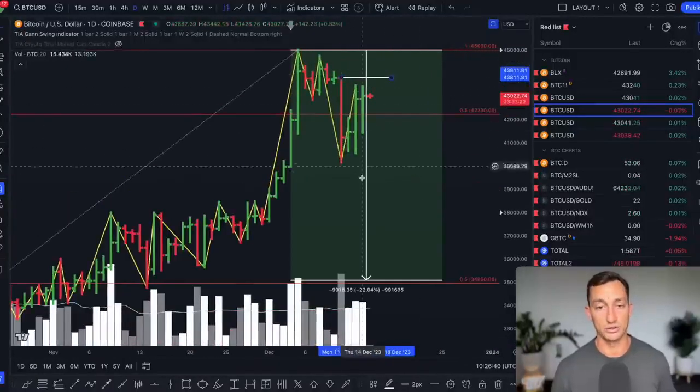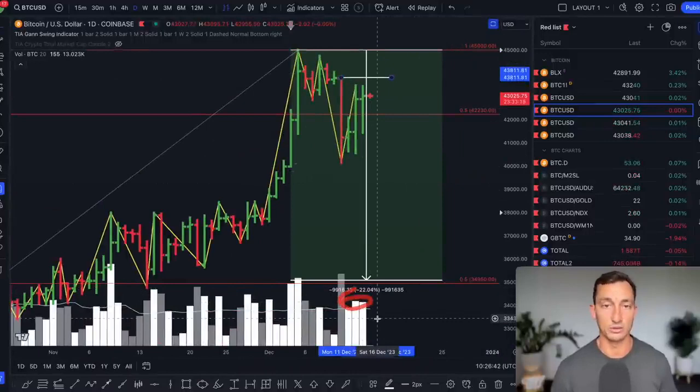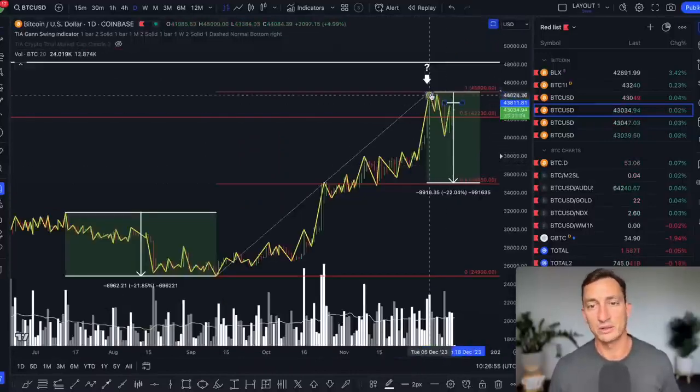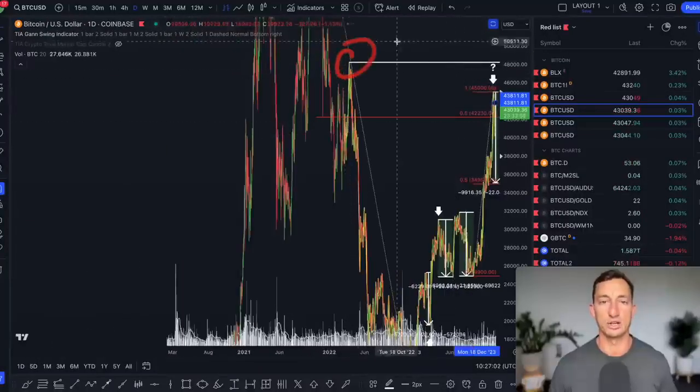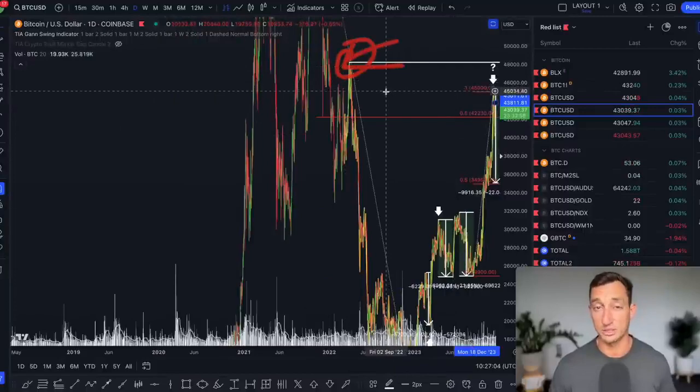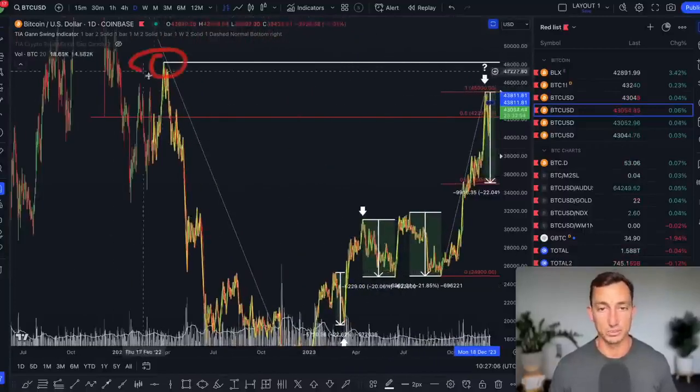It has had a couple of closes up here. Volume seems okay as well as we head into the weekend. So maybe Bitcoin goes on one last effort to try and take out the 48K level, which is the monthly swing top back in March of 2022. So a very significant price point up there.